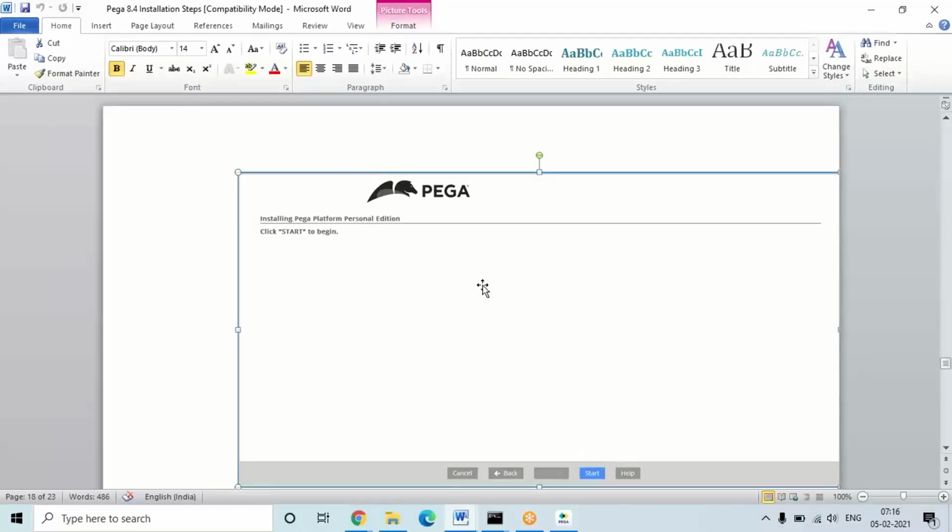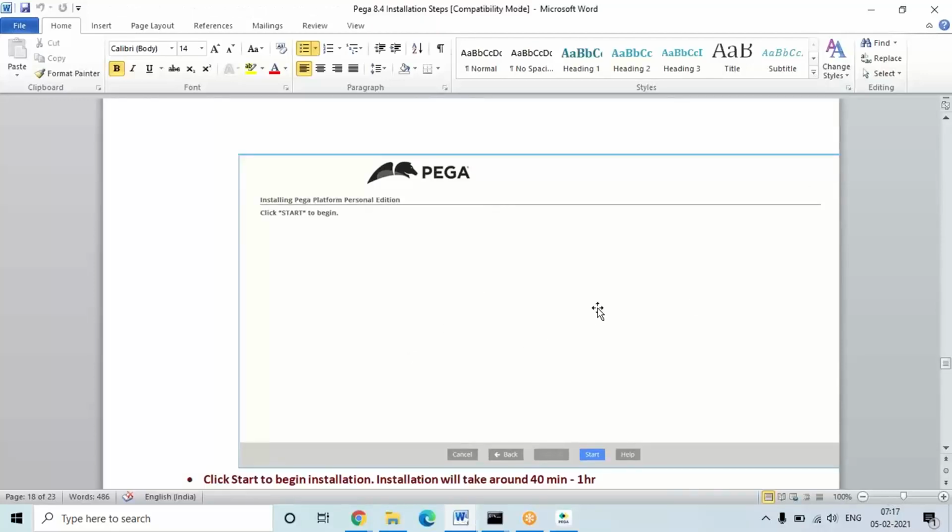After you click on start, depending upon your system, your processor and RAM, this may take from 20 minutes to 1 hour. Every system's time may be different. Depending upon the configuration, it may take from 20 minutes to 1 hour. So after you click on the start button, just plug in the charger and leave it.